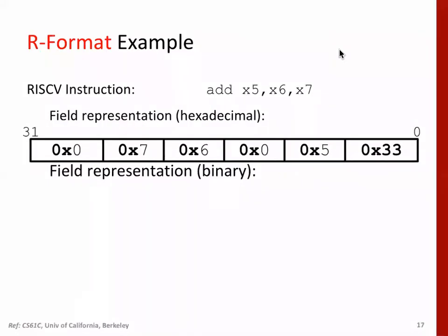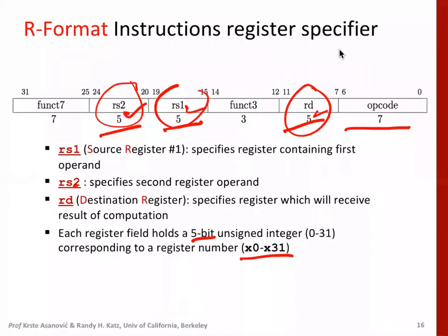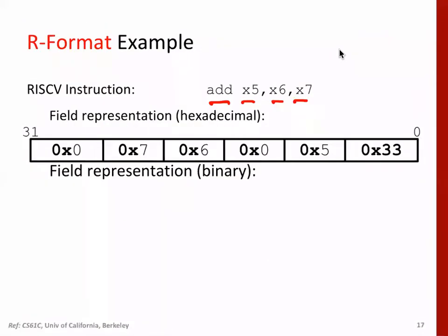So now let's look at add. A very simple instruction: add X5, X6, X7. So how will this be coded? According to this format, the opcode will come here. The opcode is 0x33, and then this is RD, the destination. Now what is RD here? The destination register is this one, so the number 5 will come here. X5, X is coded as 5.